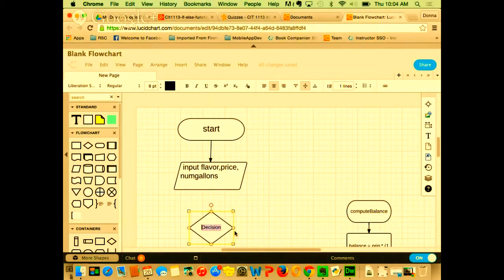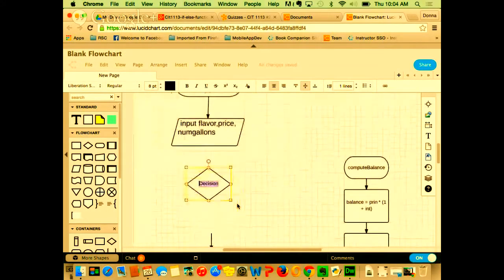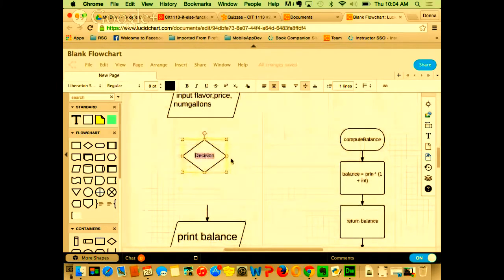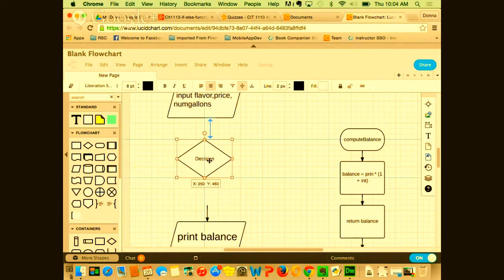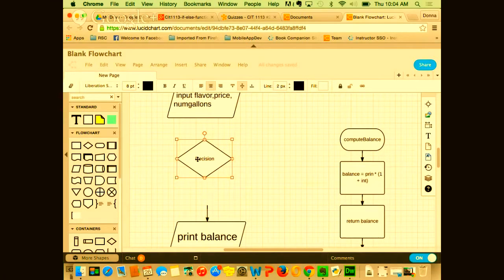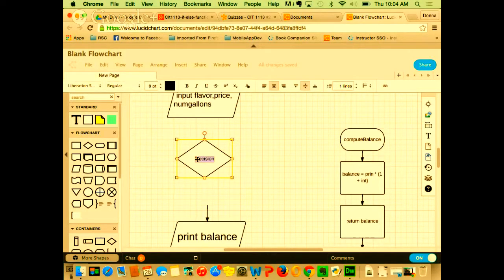And how do I state a decision? What do I use? I'm probably not wording it right. Jairus, do you know what I'm saying? If, yeah, there we go. Okay, so we want to use an if else. So I'm going to say if flavor is what?